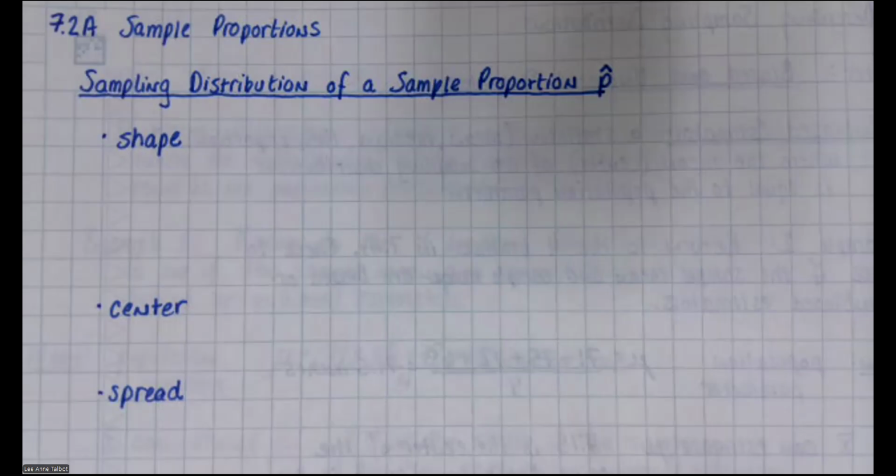There are two different ones that we focus on. The first one is going to be proportions, which is like your M&M situation. So we're going to talk about the M&Ms again today. So when I say sampling distribution of a sample proportion, p-hat, I want you to think about your little cup of M&Ms. Pretend that there are little cups of M&Ms to cover every single possible sample of size 20,